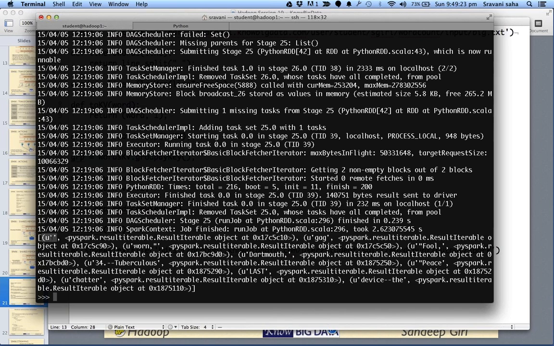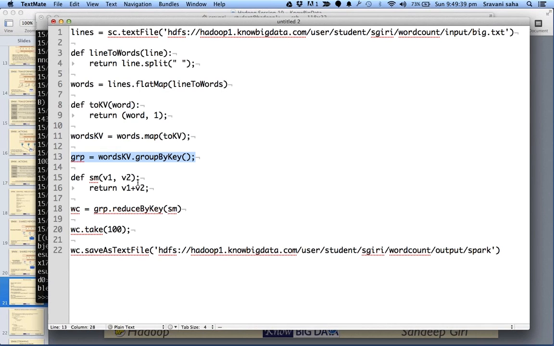U and double single quote means it's a Unicode string with zero length. Here it's a Unicode value where the string is GAG, and so on. Make sense to you? So it has grouped the data by the key, but it hasn't really done any operation. It has basically brought the values together.